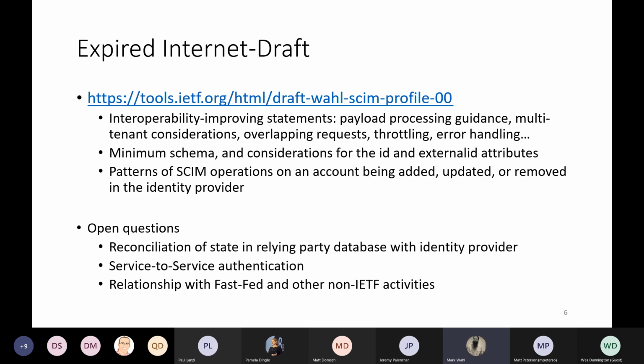Soft delete is one common pattern where you need to make sure that both sides of the protocol exchange are aware of the semantics of, let's say, patching a user to mark them as unable to sign in versus deleting the user and recreating a user with the same ID as the previous user. These are things that have led to interoperability issues in the past, where I think it'd be good